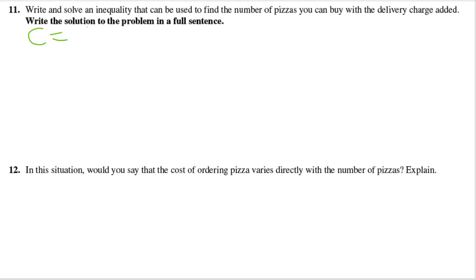C equals 9p plus 10. And we use an equation there because we're actually calculating C. If we know P, we can find the exact value for C, but we want to,